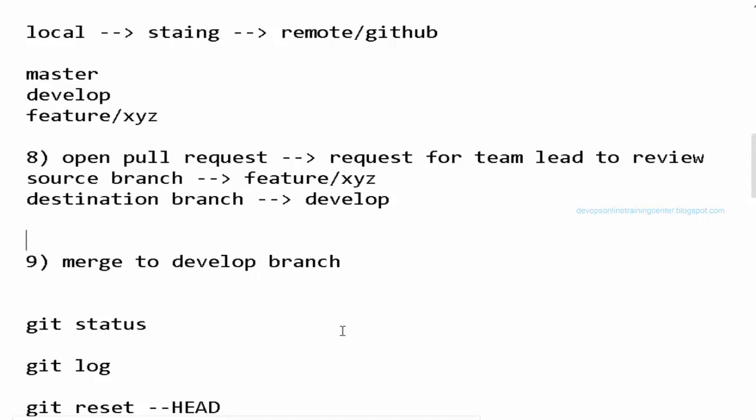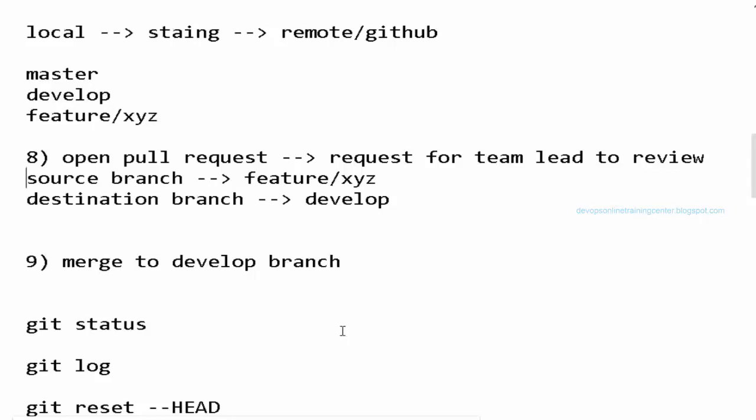They may not check syntax, but they basically check how the variables are defined, how the functions are called, and whether best practices are followed. They review those things and give comments. Once they give comments, we can work on them and set things right. It's our discretion whether to merge it or work on some more changes and then merge it. Basically, a pull request is a request to the team lead.